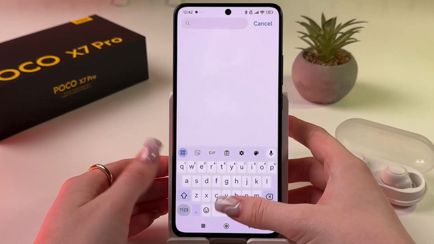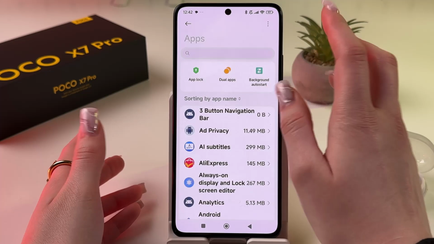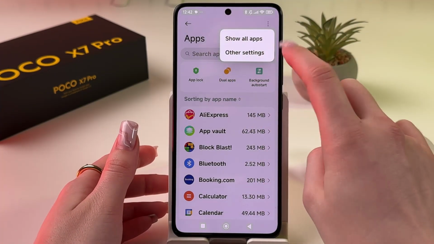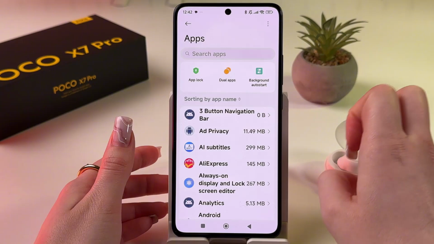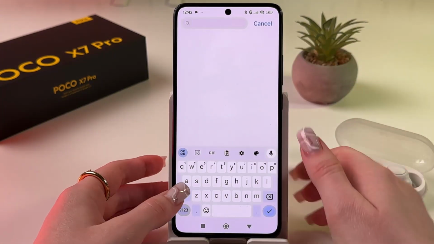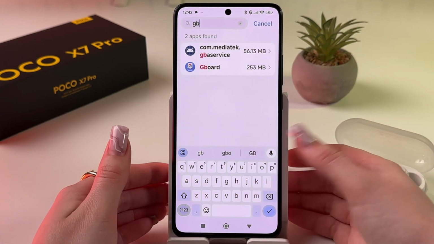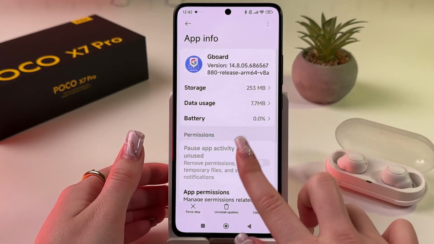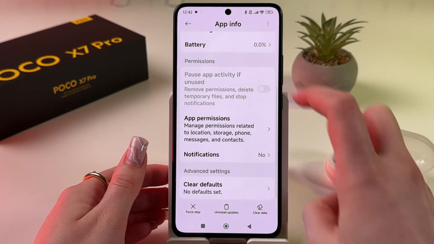If you cannot find it in this list, then tap on three dots, and here you would see this Show All Apps. You need to tap it, and now all of the system apps will be shown, such as Gboard. Now simply find it, tap to select, and what we are going to do next is we need to check